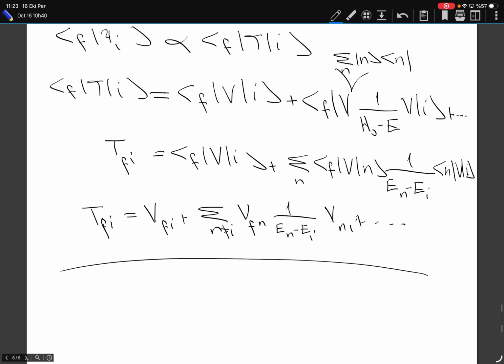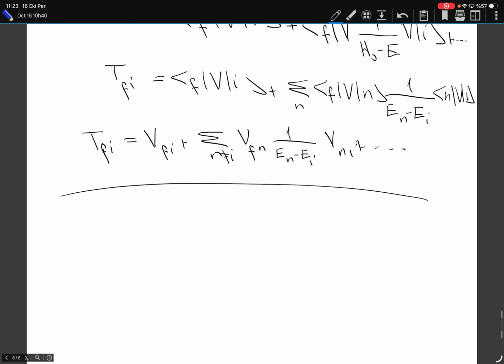So what does this tell me? How can I interpret this? Well, if I'm looking for the transition of my I state into some final state, this expansion tells me that it is possible that the I state makes a transition directly to the final state due to this action of V,